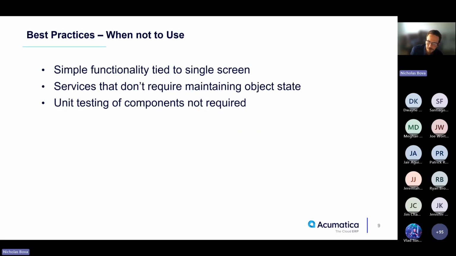Otherwise, when you might not want to go with this particular design pattern within your applications, the advice I like to follow within my own development is to keep it simple, stupid. So if you have some functionality that is only ever going to be referenced internally within your own code, perhaps it's something simple that doesn't require maintaining object state. If you have some method that performs some sort of cost or price calculation that you might want to share between screens, but is otherwise fairly simple and doesn't require overloading with a bunch of additional parameters, or doesn't require